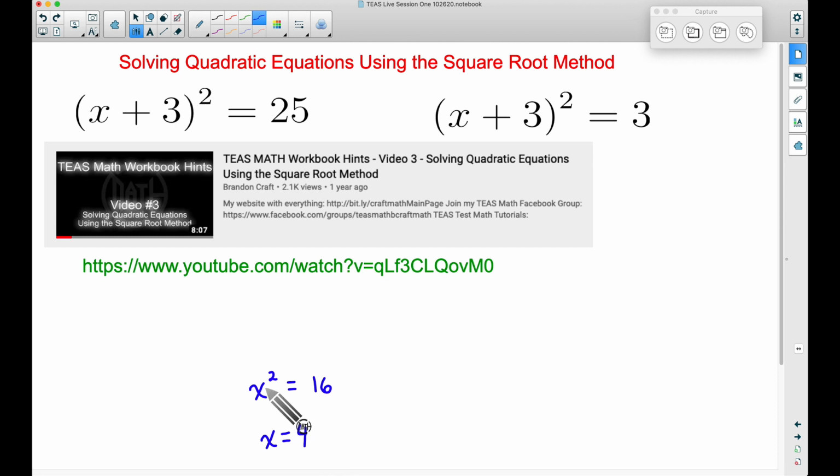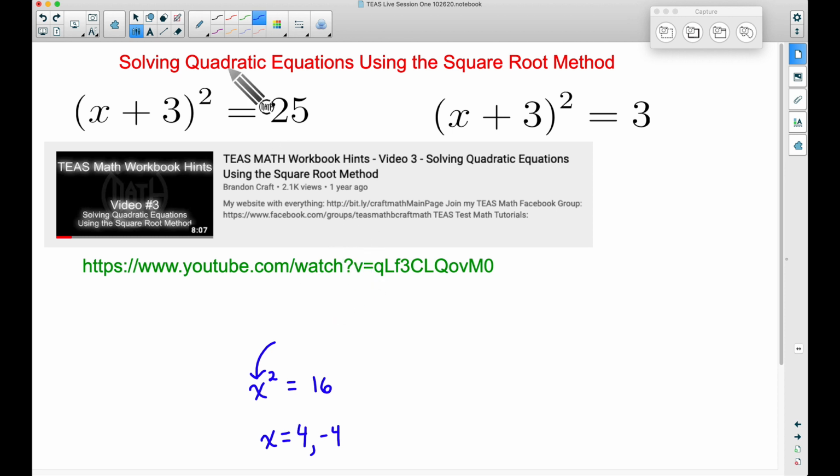Think about that. If you take 4 and you plug it into here, 4 squared does give you 16, but that is not the only answer. If you take a negative 4 as well, if you take negative 4 and you plug it into x, negative 4 squared means negative 4 times negative 4, you get 16. So, we want to be careful. When we square something, we're not multiplying it by 2. When we square something, we're actually multiplying it times itself.